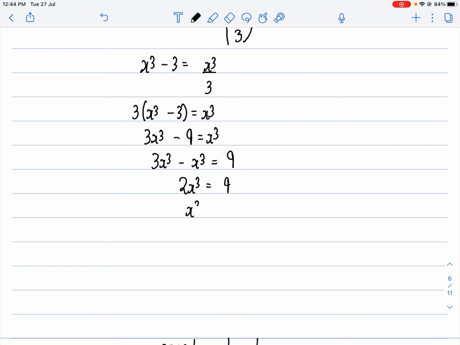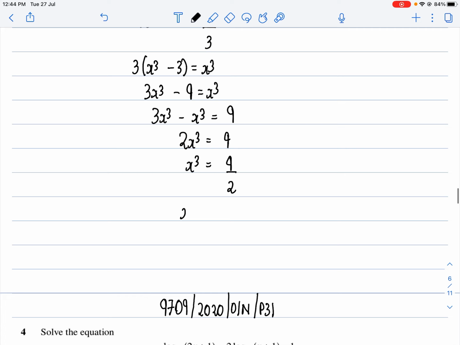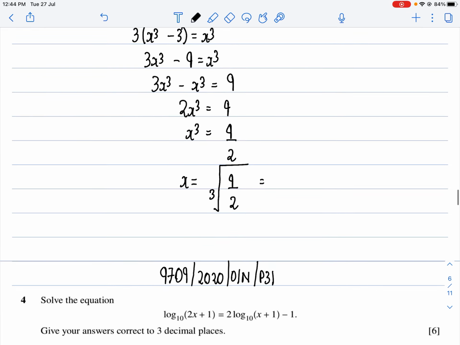So I get my x cube basically as 9 over 2 here. Correct? So I get my x basically as the cube root of 9 over 2. Correct? This is what I simply get. So I can solve this on the calci. First I can do the cube root of 9 over 2 directly. So I get my answer here basically as